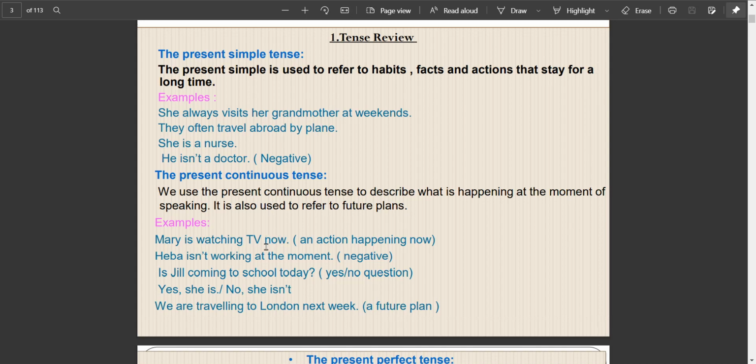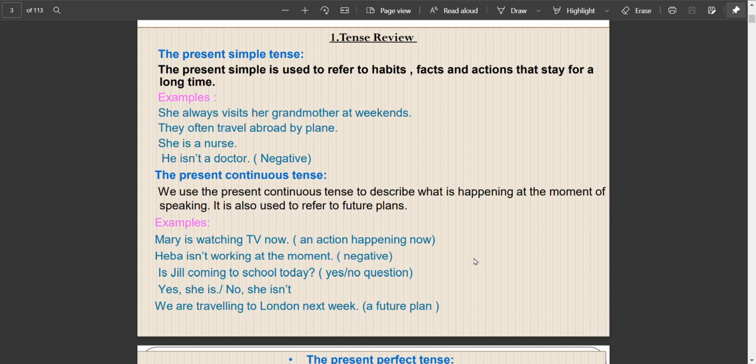Right? Heather is not working at the moment. هنا في حالة النفي المضارع المستمر في حالة النفي. Is Jill coming to school today? في حالة السؤال المضارع المستمر في حالة السؤال. Yes, she is. No, she isn't. We are traveling to London next week. A future plan. Right? So present continuous مضارع مستمر يتكون من